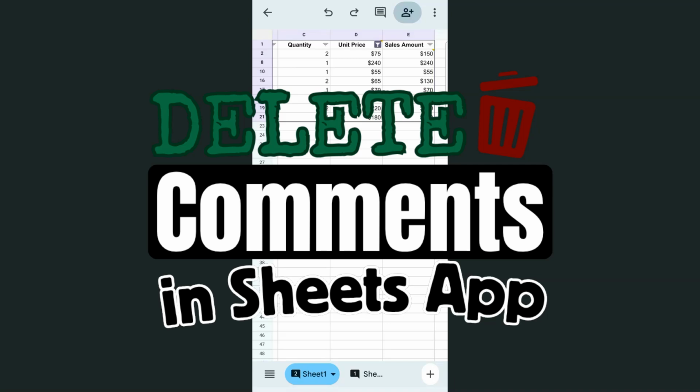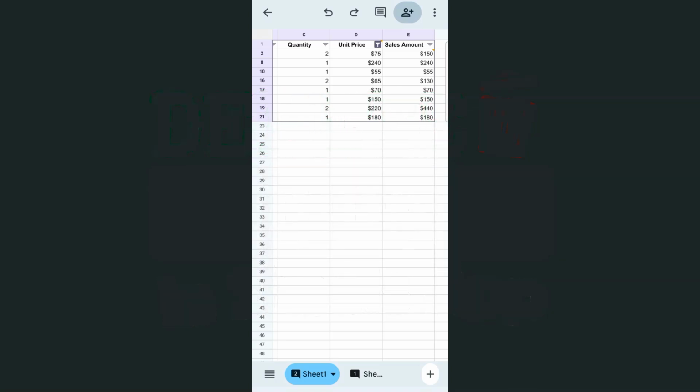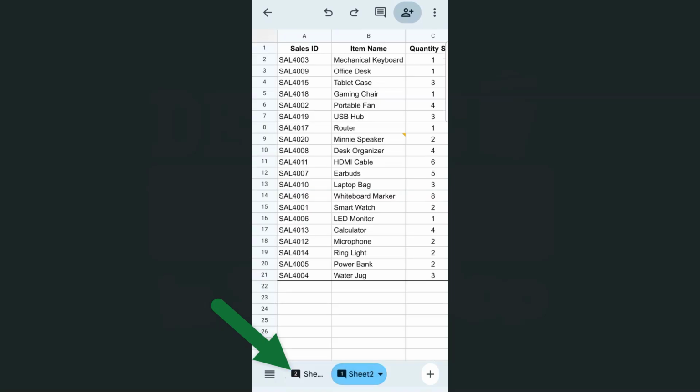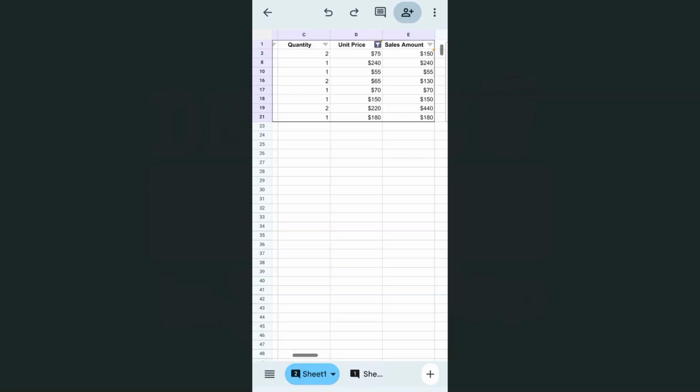In this quick tutorial, I'm going to show you how you can delete your comments in the Sheets app using your Google Sheets mobile. So I have this spreadsheet open on my Sheets app, and what I wanted to do was to just delete the existing comments right here. As you'll see here in my tabs, I do have 2 comments on my first sheet and 1 comment